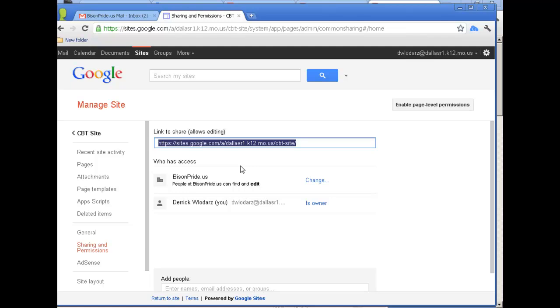So when you're talking about portfolios, you may want to encourage students to copy the site into a personal account. That'd probably be a good way, right, Derrick? They could create their own personal Gmail account and then share this with their personal Gmail account, and therefore be able to maintain it after their district account was deleted when they move on past their 4 years here. As long as they allowed their personal account to become an owner, they have to become an owner. And I don't think you can change ownership to